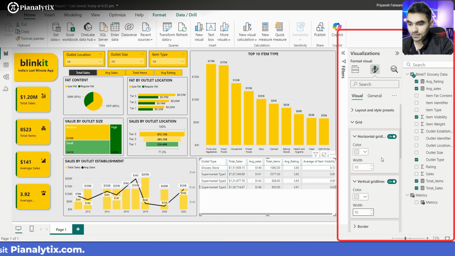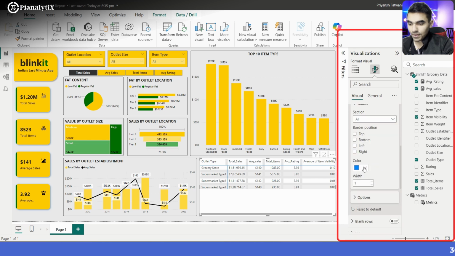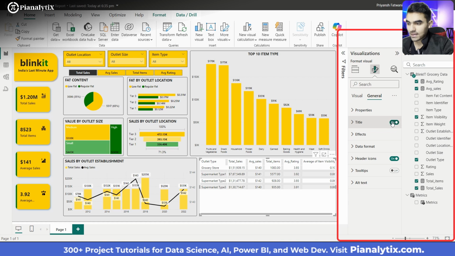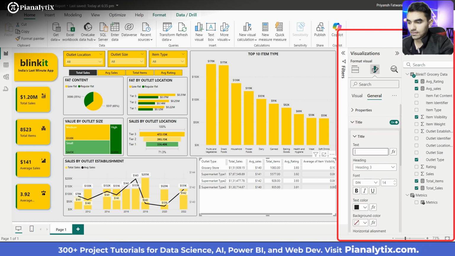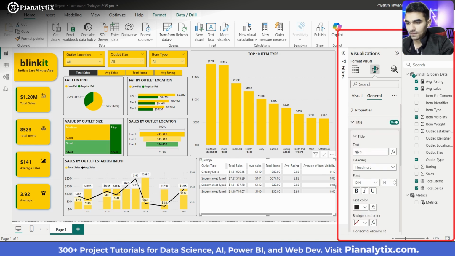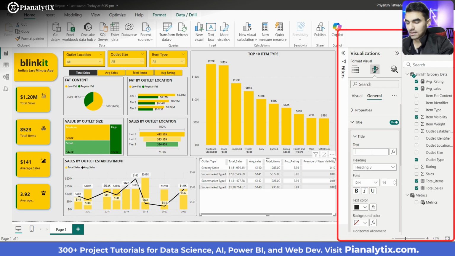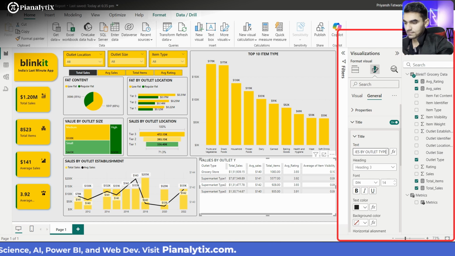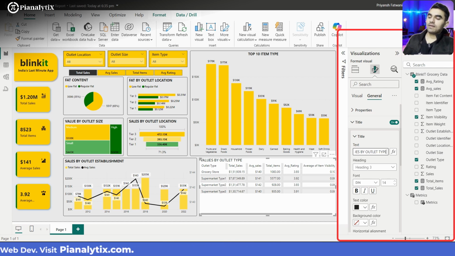And for the border, I am going to make it white itself for now, and I'll give a title to it, which is the values by outlet type. Okay,